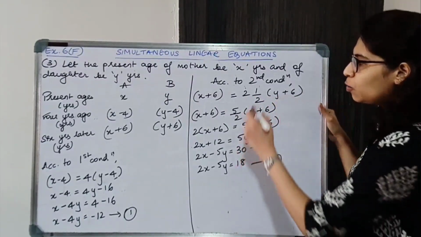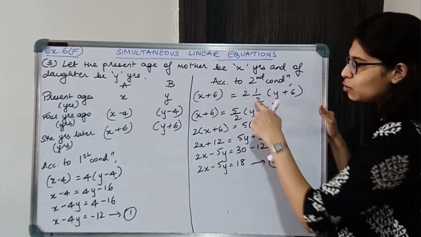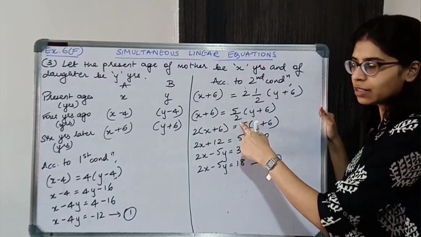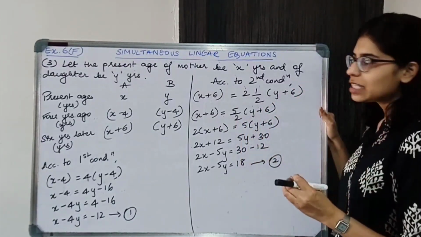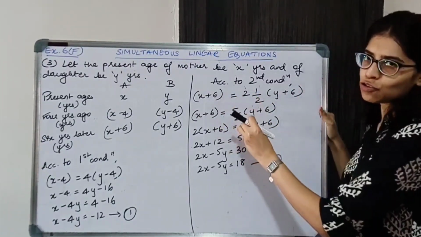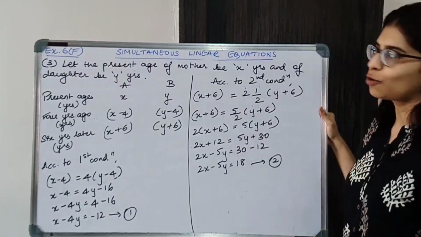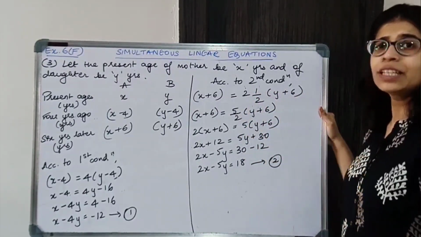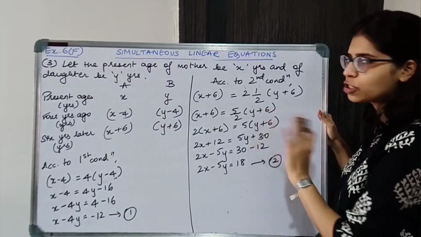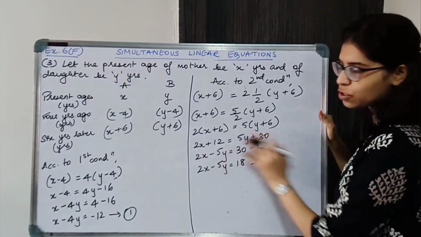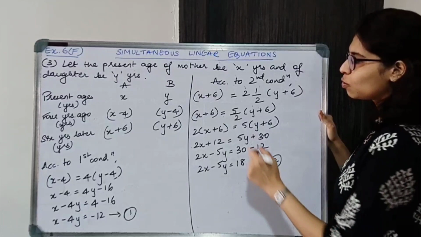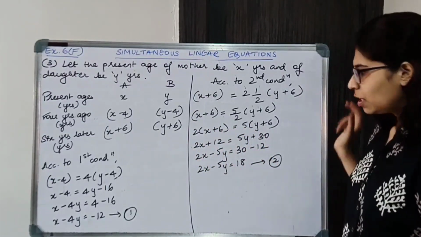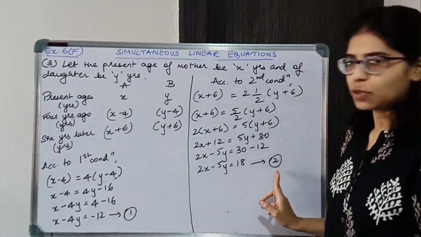Okay, now 2.5 we will solve as a mixed fraction. So 2 2s are 4, 4 plus 1, 5, it becomes 5 upon 2. Okay, now I will suggest that you keep it in fraction form, don't write it in decimal form. You can write 2.5, okay, that is not wrong, but then instead of introducing decimal, keep the fraction. Okay, you will get proper integers. So shifting 2 over here you will get one proper linear equation. Now we just have to solve these two linear equations.